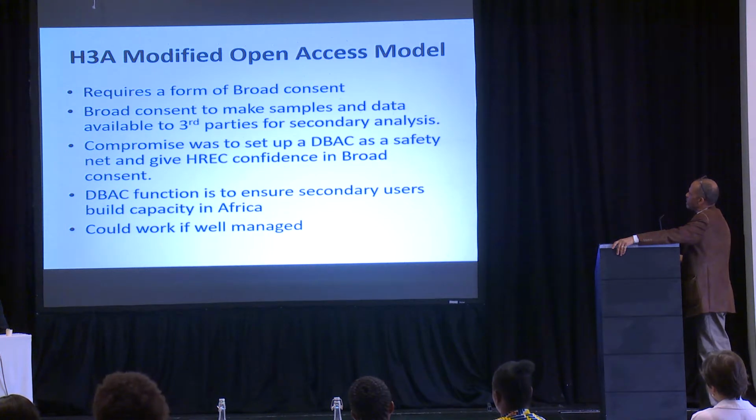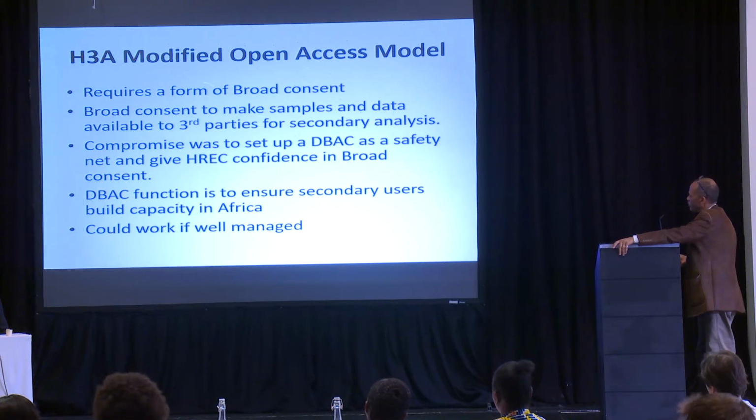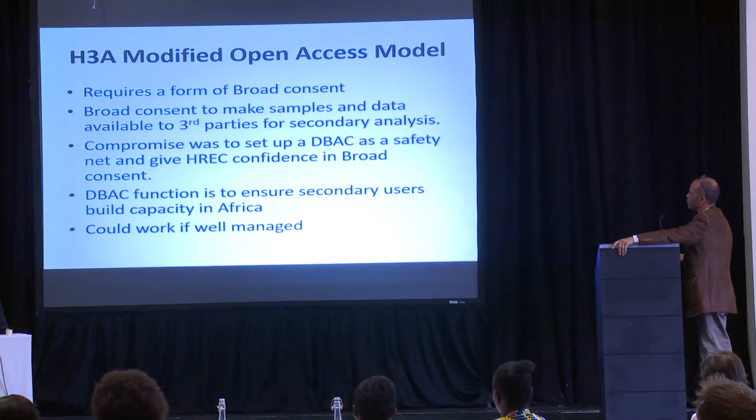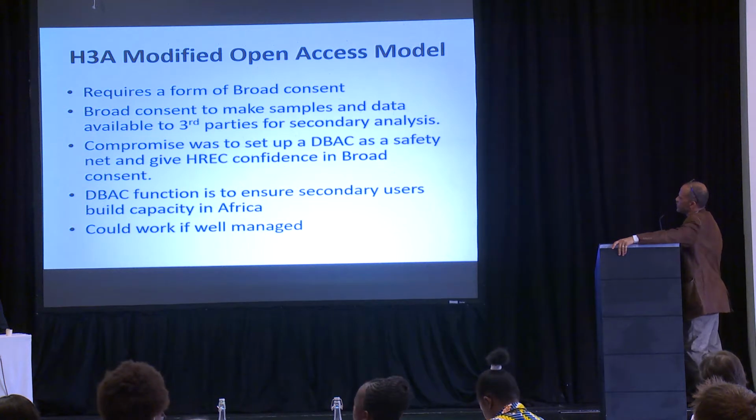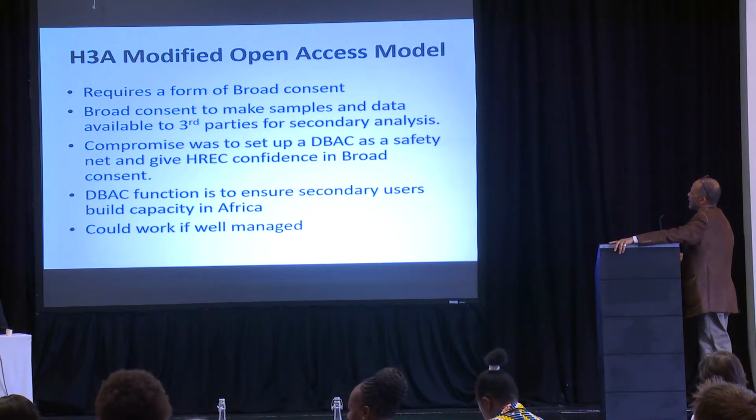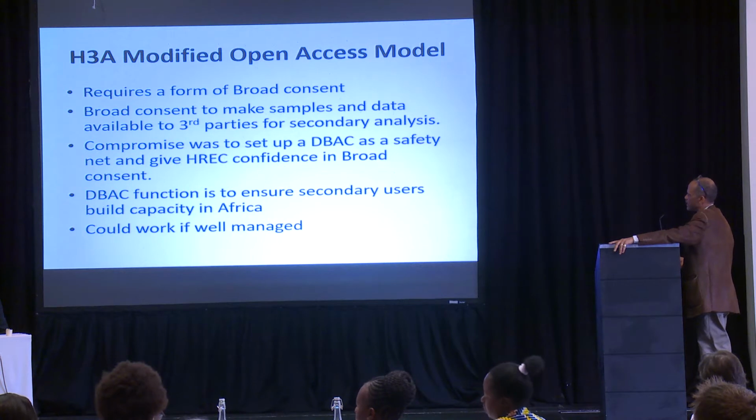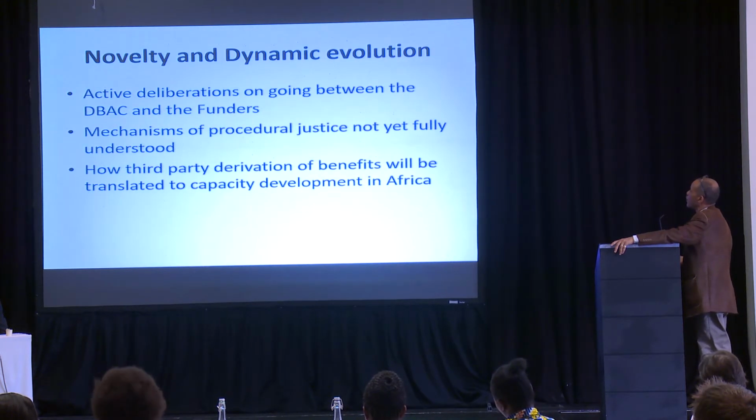So the modified open access module of H3 talks about broad consent. It's a form of broad consent, and that broad consent is to make samples accessible to the international community. And the DBAC is supposed to give the ethics committee the confidence that it will adjudicate properly over requests by the international community. It could work well if managed